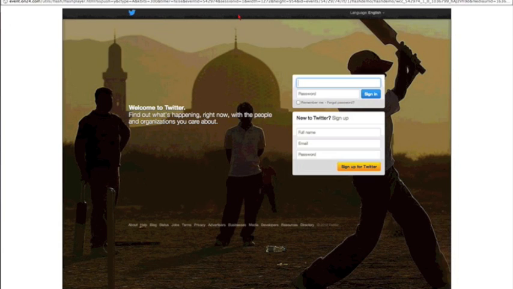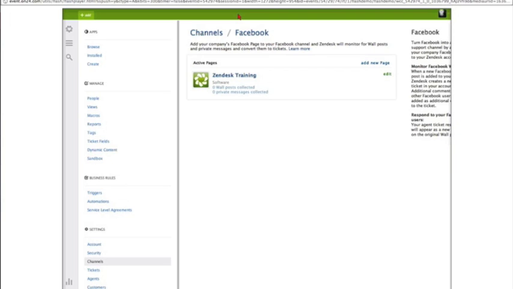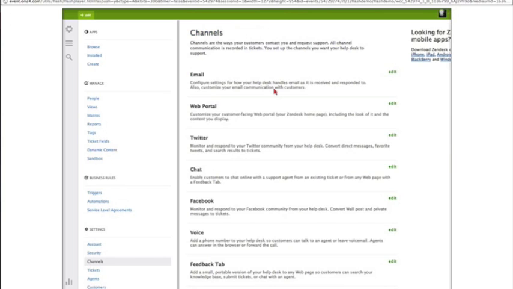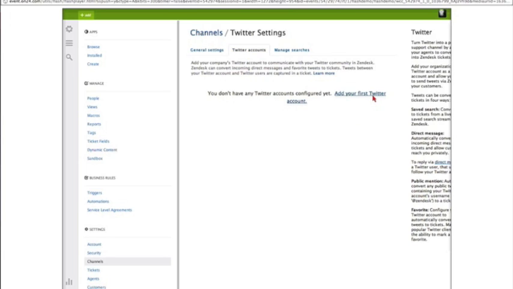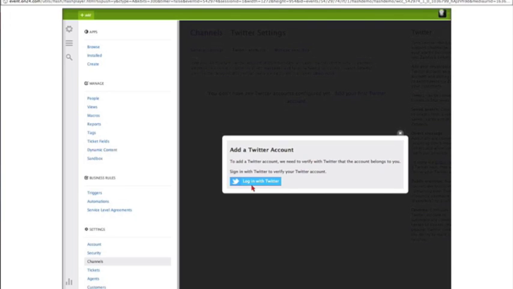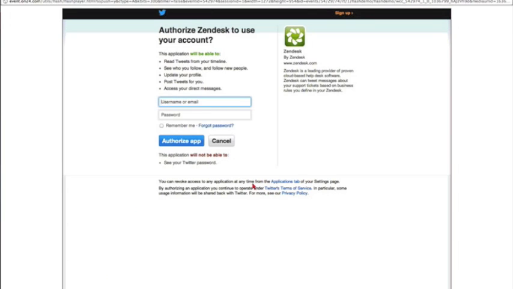The next step is inside the product, inside Zendesk. We go to our channels, we open up Twitter and click Edit. And then we authorize the Twitter handle by clicking Twitter Accounts, add your first Twitter account, click Login with Twitter, and I'm going to put my username and password in there. Now,